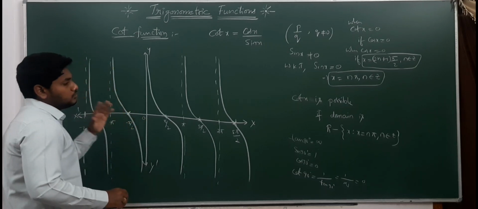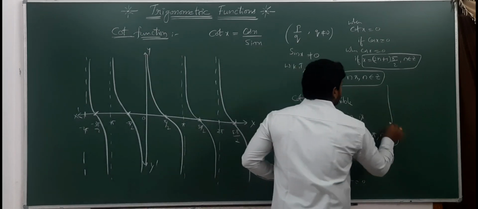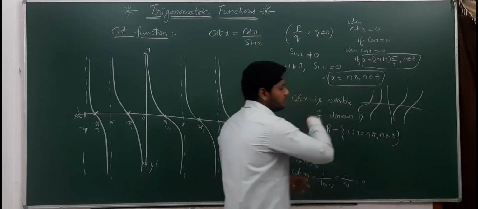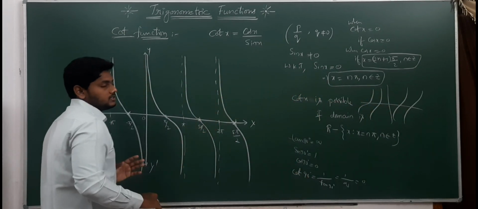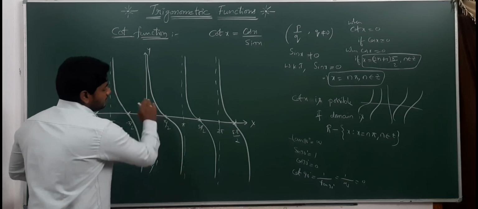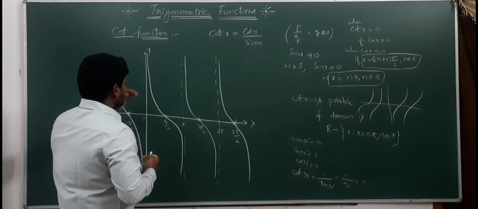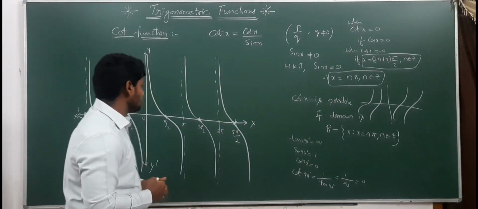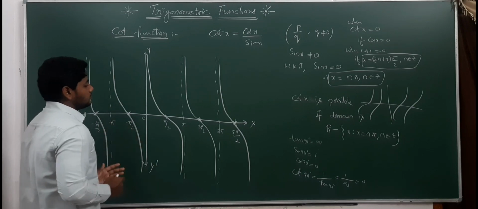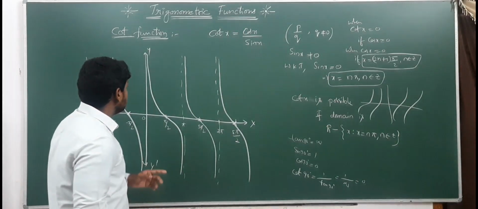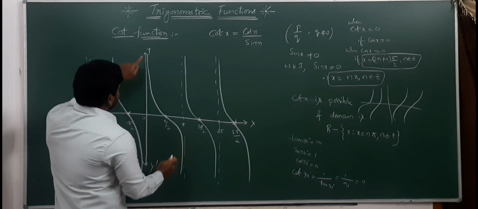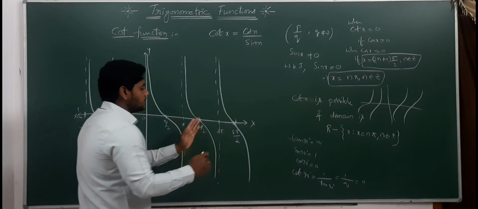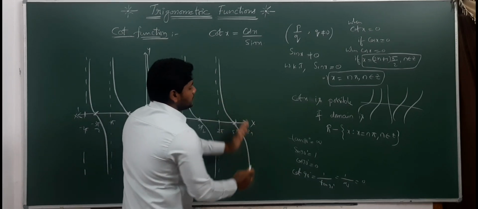But this is similar to a tan function graph. You know, tan function graph will be like this, in this manner, from right to left like that. But this is from left to right. If you observe at which points it is undefined, at x equal to n pi it is undefined. If you observe from where to where cot values will repeat again: this section, 0 to pi, from here to here. Next, pi to 2 pi, again from here to here. Next, 2 pi to 3 pi, again from here to here.